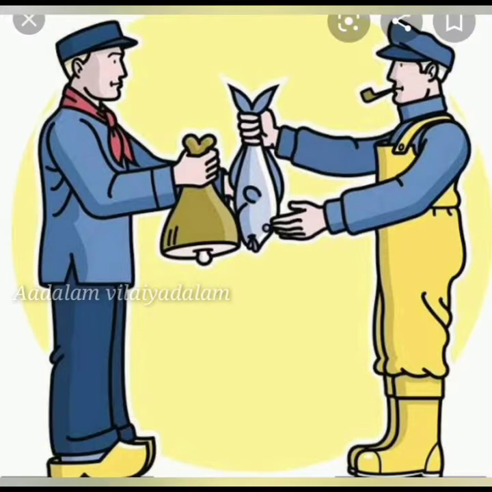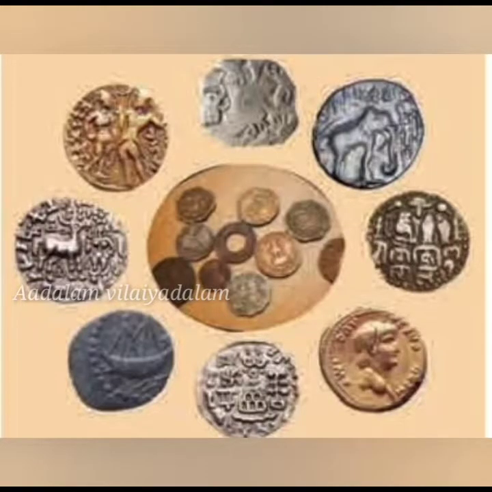Next, we'll see about coins. Measuring the quantity and the value of goods exchanged was found very difficult. The quality too, because the standard of rice and paddy would sometimes be higher or lower. Measuring the goods, the quantity and the value of the goods was very difficult. So to solve all these problems, they started to find coins.